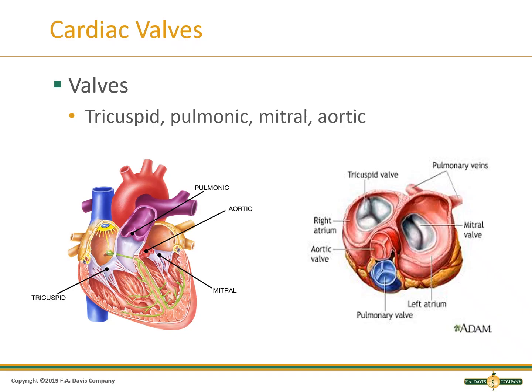Your mitral or bicuspid valve is now on the left-hand side of the heart and prevents backflow into the left atrium during ventricular systole. So your mitral and your tricuspid are considered to be the atrioventricular valves. These are the two valves that sit between the atria and the ventricle. Tricuspid's on the right, mitral or bicuspid's on the left. Your fourth valve is the aortic valve that prevents backflow into the right ventricle from the aorta during ventricular diastole